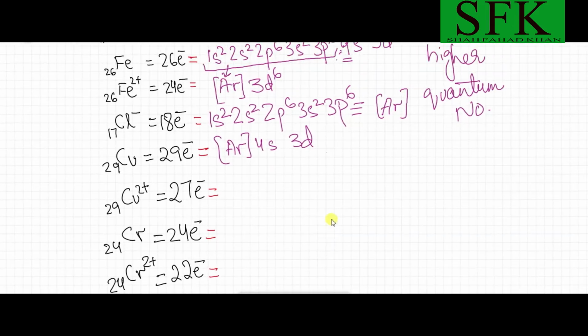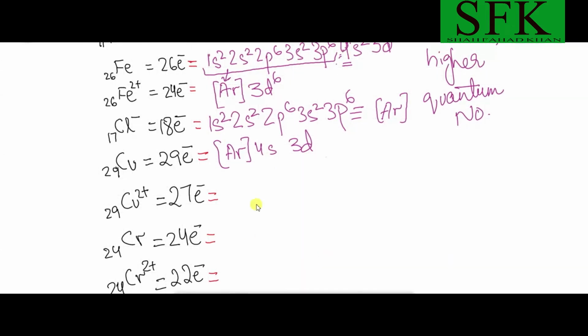Okay. According to the expected trend, this should have been 4s2, 3d9. But this does not happen. It does not happen, but in reality it's 4s1 and 3d10. Now why does this happen? Basically the reason why this happens is that